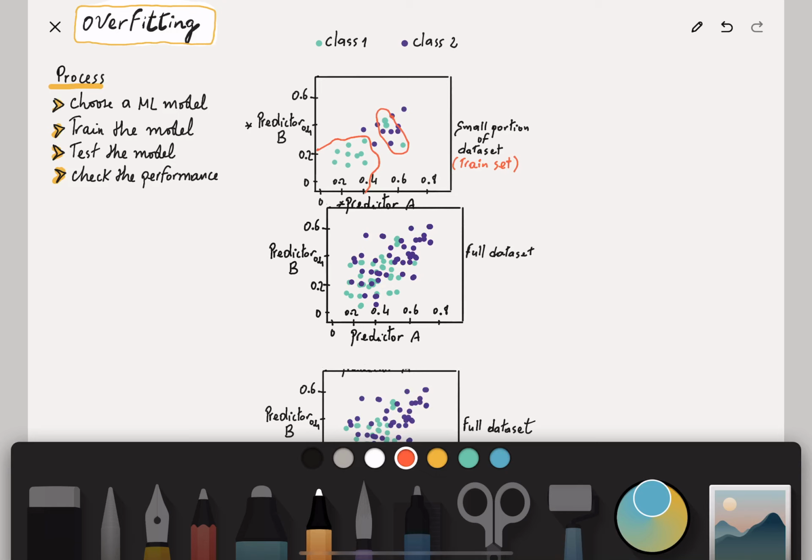All right, say it separated this, so whatever points that fall within the orange area that I've drawn right now belong to class 1, and anything outside it is class 2. You can see that basically if we go now to the full data set and then we were to apply this model,